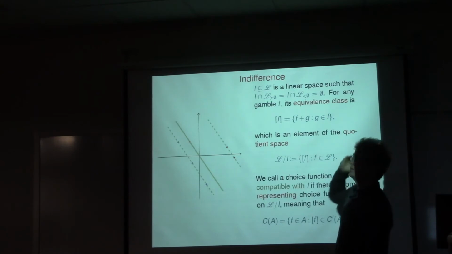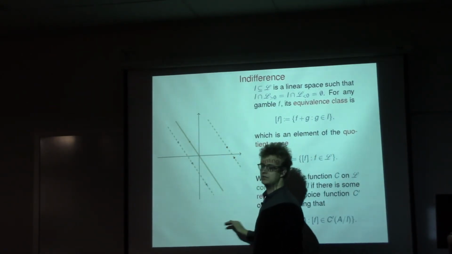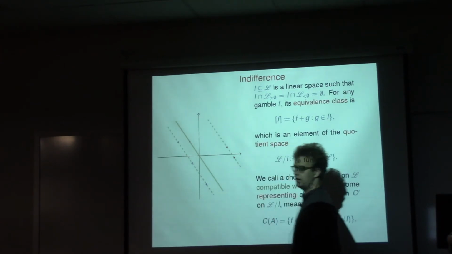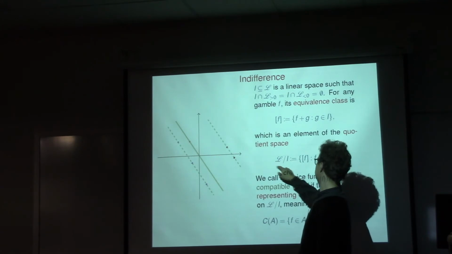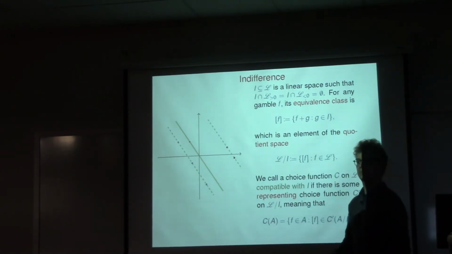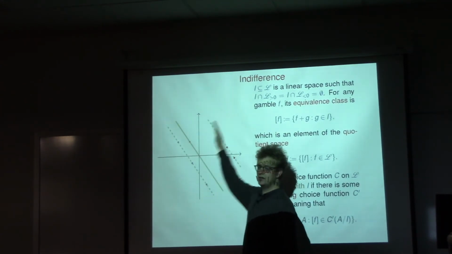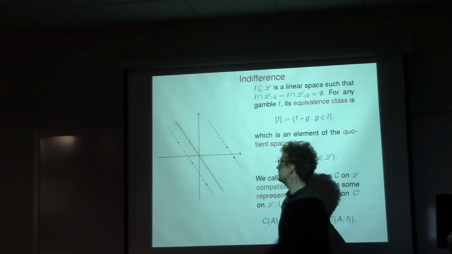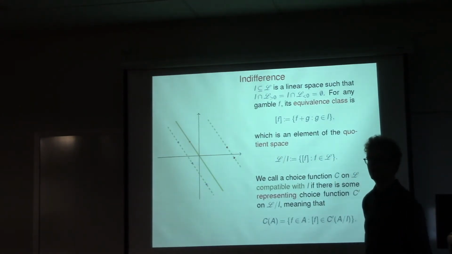I start with an extra assessment, I. It's a linear space of gambles that are equivalent to 0 for me. And this induces a quotient space of gambles which is simpler. So instead of dots, in this picture I have lines. And my representing choice function chooses between the lines instead of the gambles. And there are typically way fewer lines than dots.